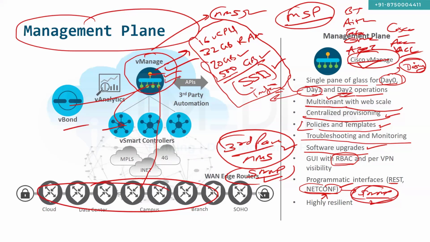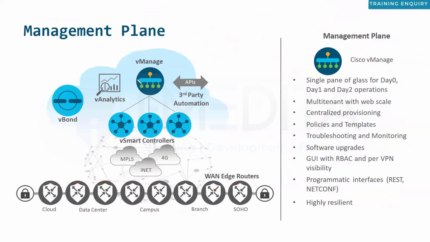Like if I want, I can implement an SNMP community on any of these components, whether that is vManage or vBond, vSmart or the VANAGE router. Okay, so SNMP is still supported. So netconf will be used by vManage automatically, and we cannot modify that. vManage is always going to use netconf for pulling information from other components and also to push the configuration, right? Now REST API is also supported, and now it is a very useful feature for the purpose of